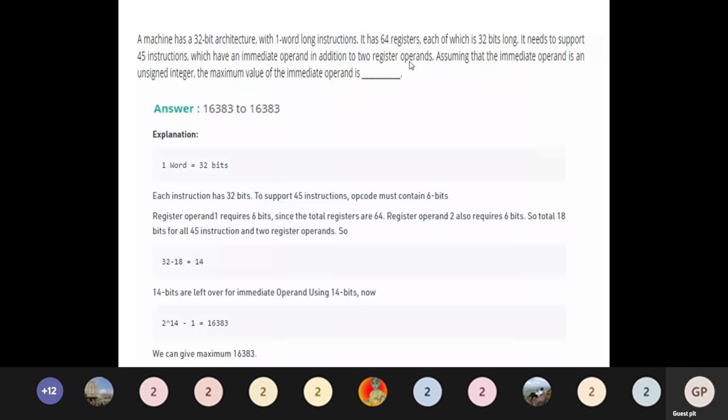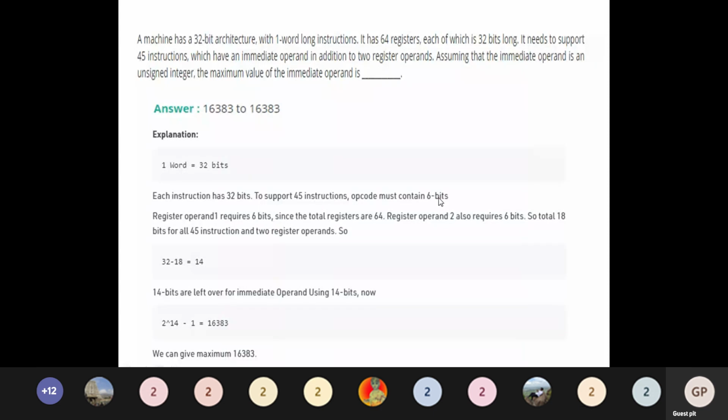Assuming that the immediate operand is an unsigned integer, the maximum value of the immediate operand is what? So now we are supposed to find the value of the immediate operand. One word is 32 bits, so each instruction has 32 bits. To support 45 instructions, the opcode contains 6 bits.